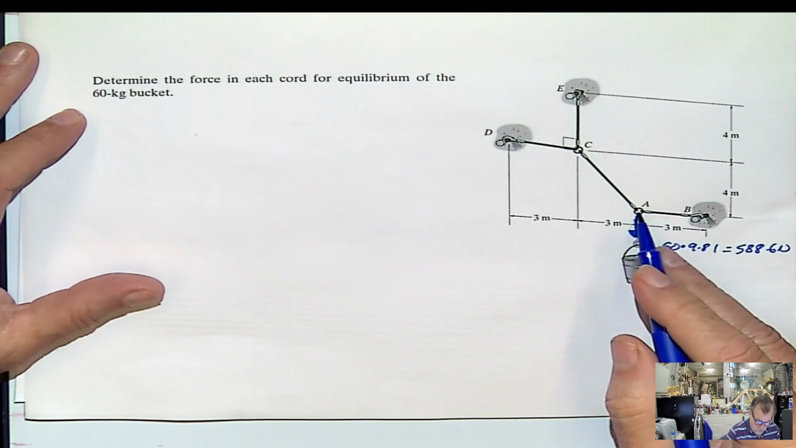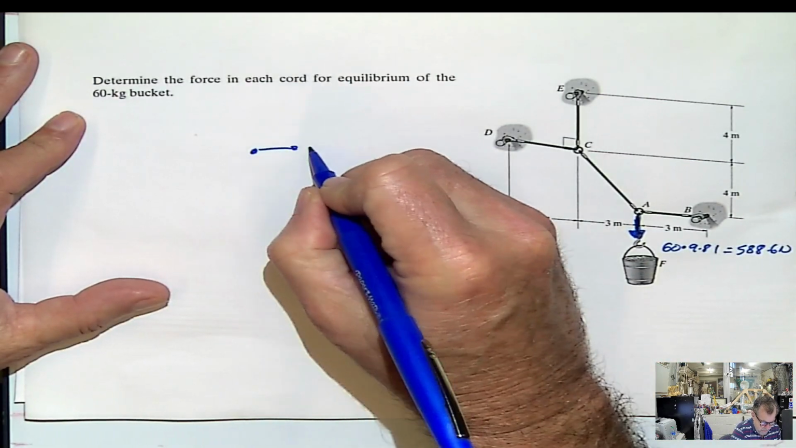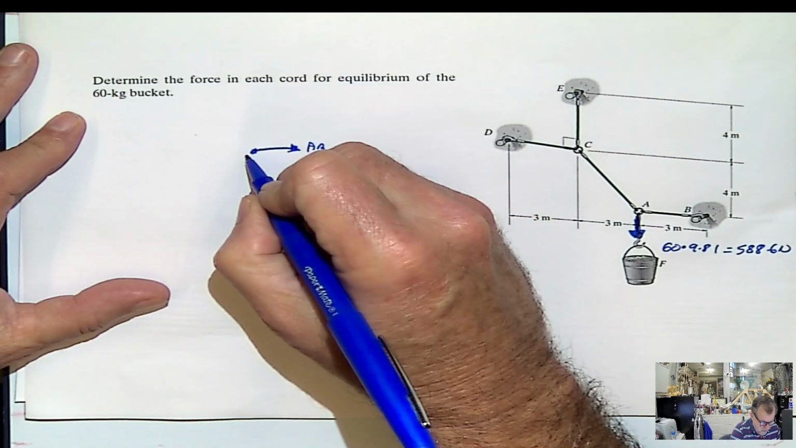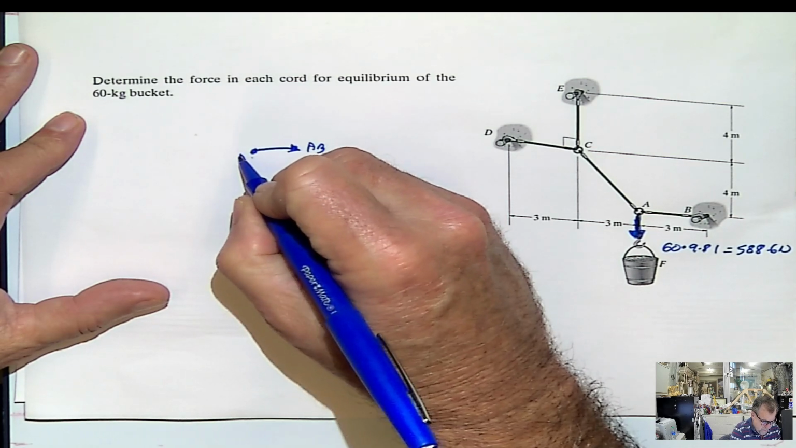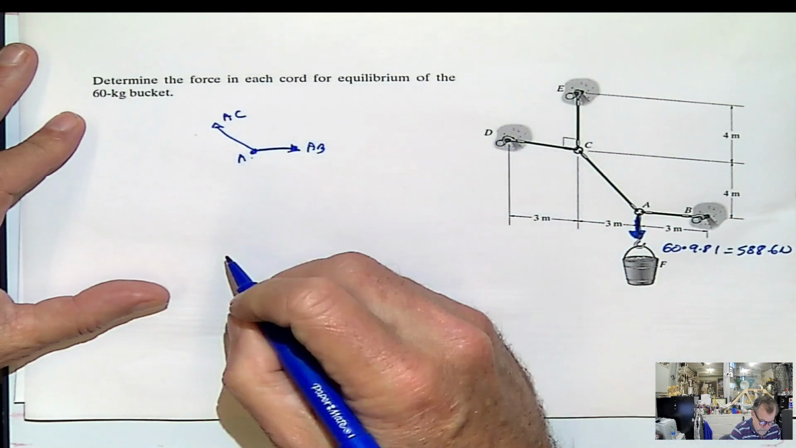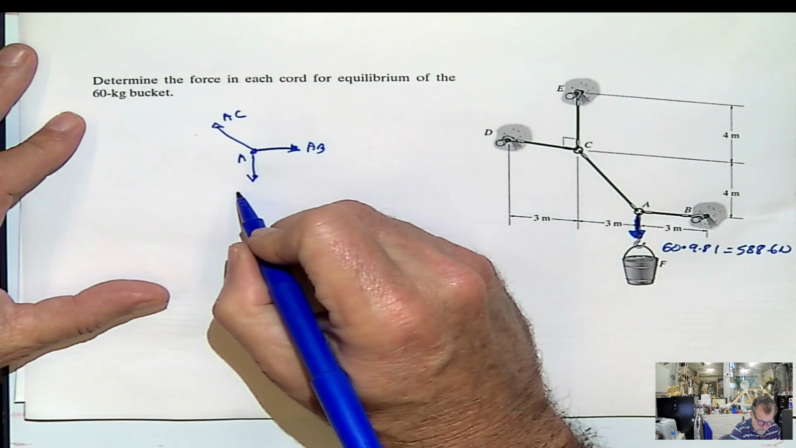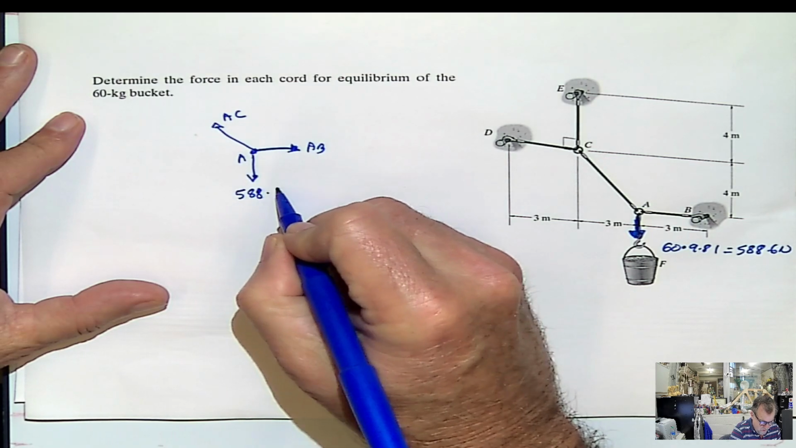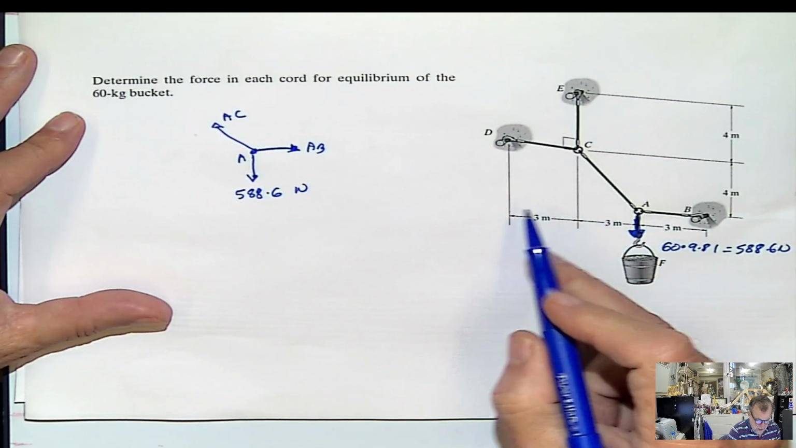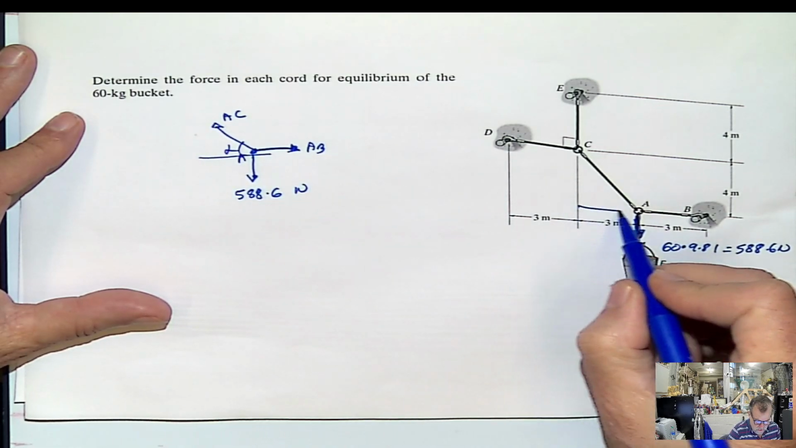Now we go to the particle A, basically here we have AB. Remember, tensions always go out from the particle. This is the particle A. This is AC, and the weight here, 588.6 Newton. So basically we need the angles in order to do this decomposition, and if I calculate this angle